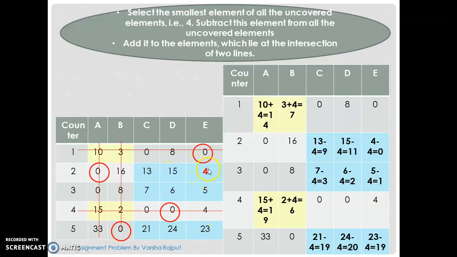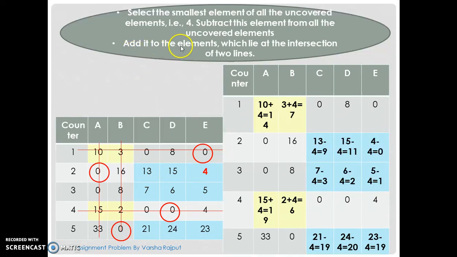The smallest entry is 4. So we have to subtract this 4 from all these uncovered elements. So 13 minus 4, 15 minus 4, 4 minus 4 and so on. So you will get this one. So subtract 4 from all uncovered elements